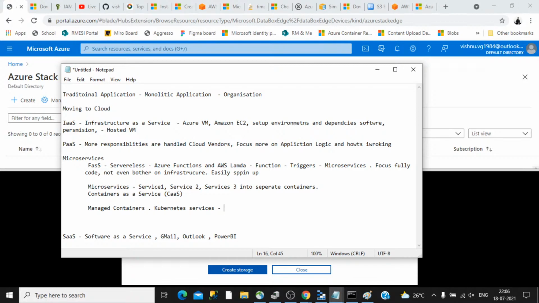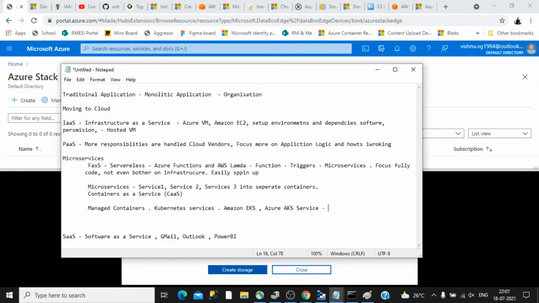Kubernetes is an open source framework provided by Google, and many cloud vendors have integrated it into their own versions, whether Azure or Amazon, and Google has its own version too. Examples are EKS, Amazon Elastic Kubernetes Service, or in the case of Azure, AKS, the Azure Kubernetes Service.